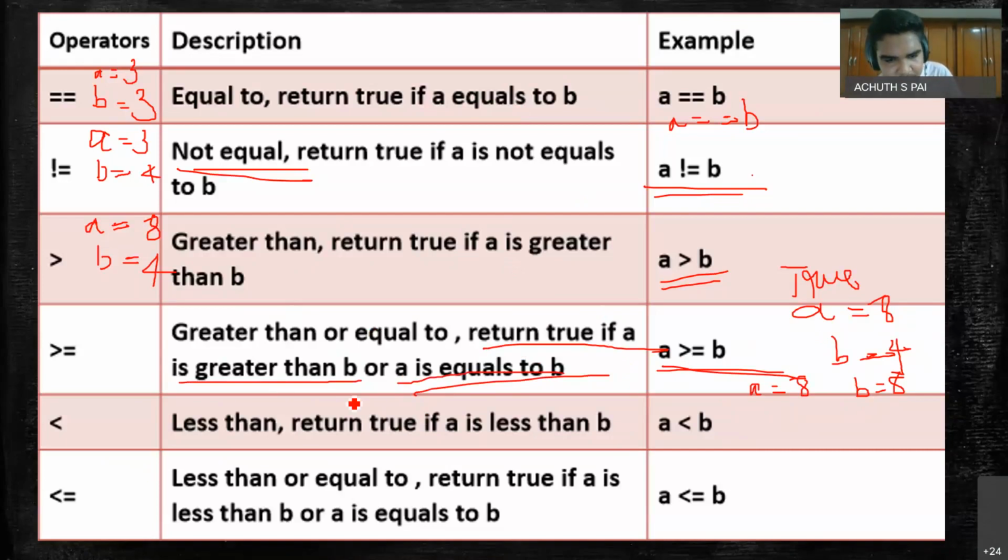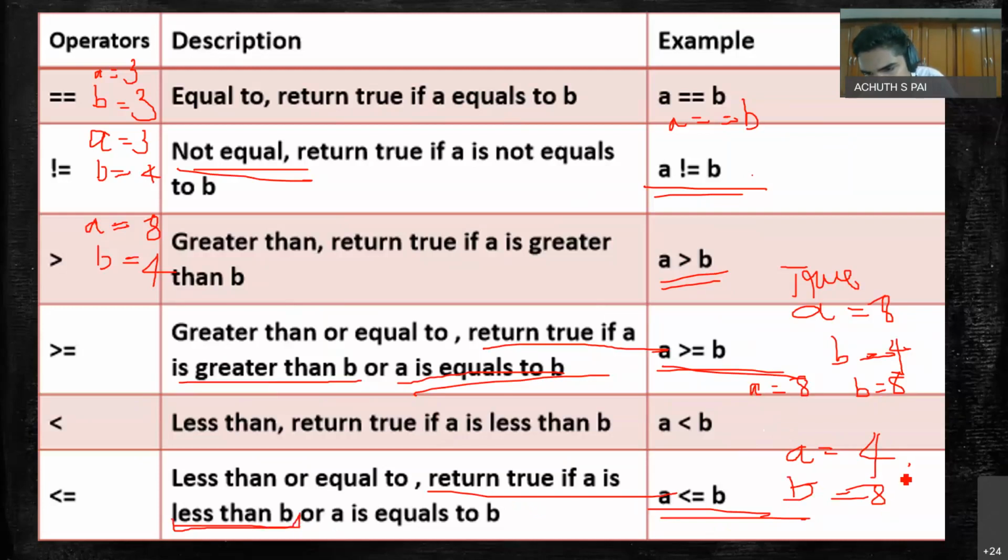And below that, you can find return true if A is less than B. Let us simply think like A is equal to 4 and B is equal to 8. And it returns true if A is smaller than B. We have given B as 8 and we have given A as 4. So A will be smaller than B. It returns true. And here let us take A as 4 and B as 8. Here there is a clause, return true if A is less than B. See, here A is less than B,